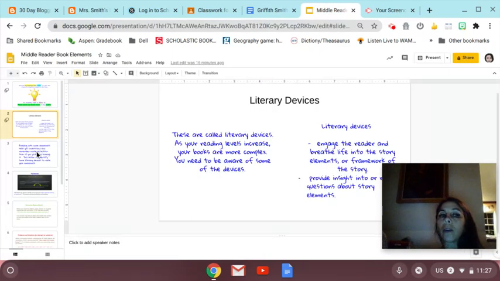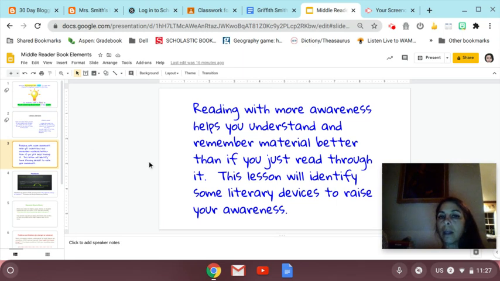The more aware you are as you read these books versus just reading through them cover to cover, the better a reader you'll be. The lesson that we'll have today, I'm going to identify 3 what are called literary devices. Literary devices might be new to you, to raise your awareness. Literary devices are those